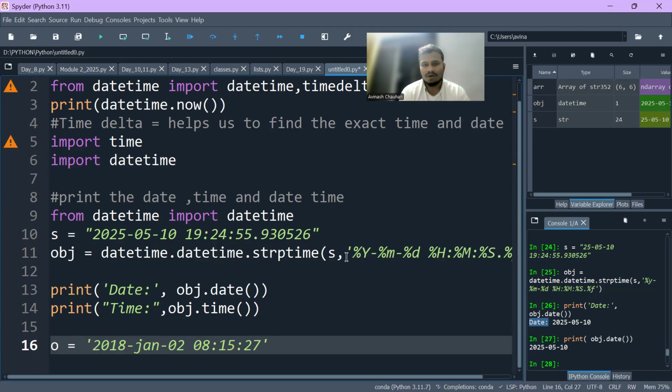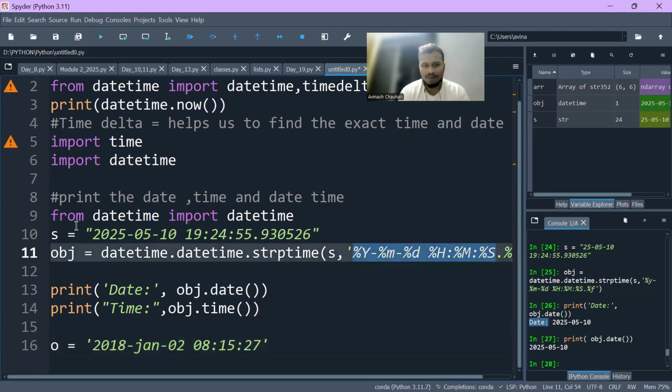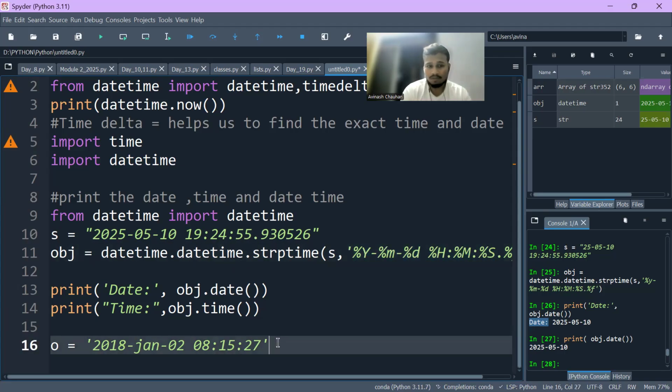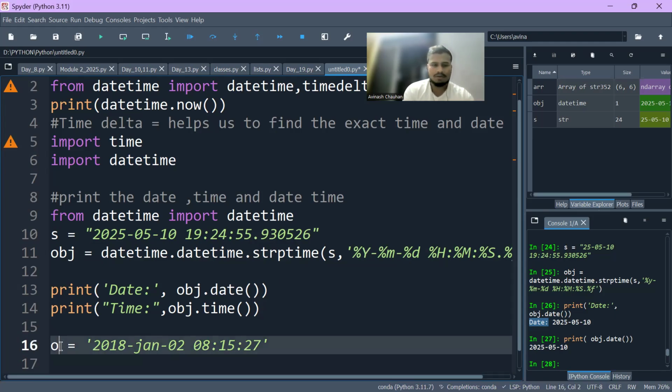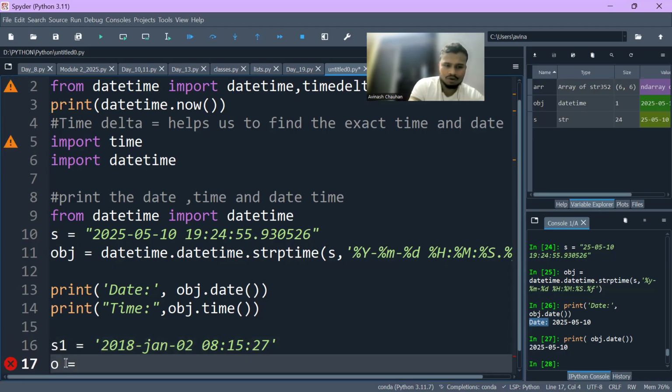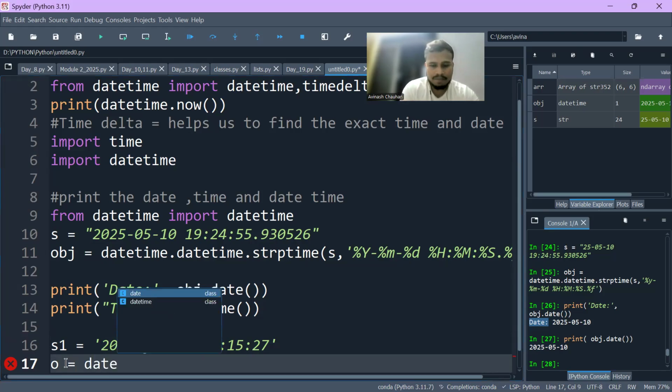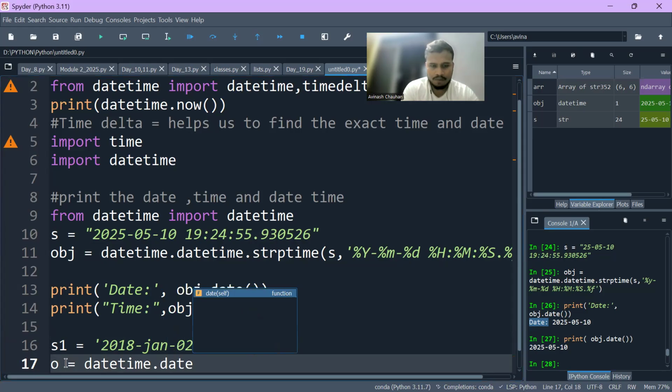Now how will we extract this? We can't use this because the formatting has been changed. So you have to change your formatting as well. We can't write capital Y. So what will we write? Let me store it in S1, and the object in which I will store the time, I'll write this. Okay. So I will write datetime dot datetime. From datetime, I am importing the datetime function, and within the datetime function, I am importing the strptime function. Okay. And within this, I will just write the variable name in which I have stored the time, and I will write